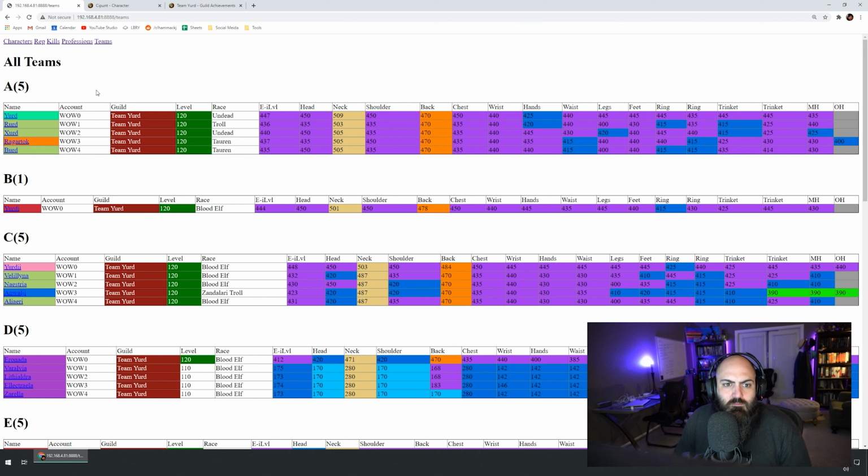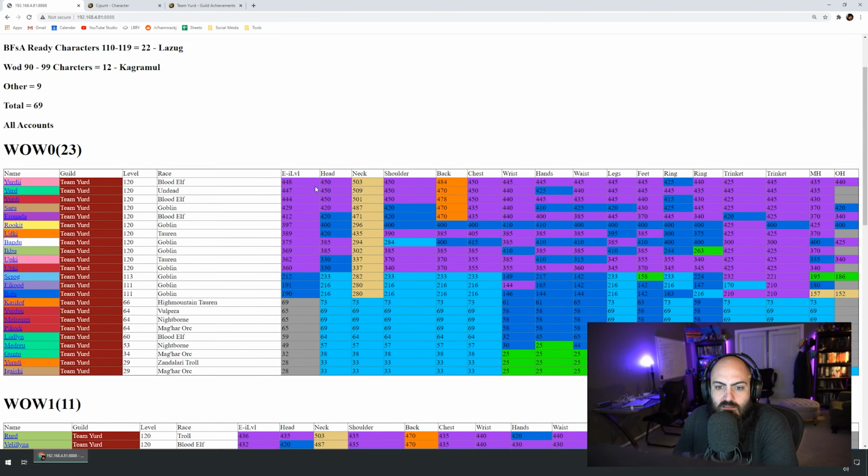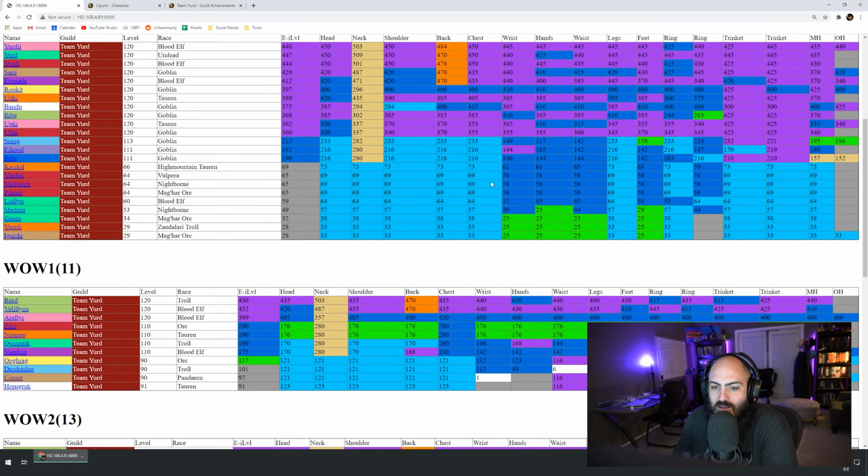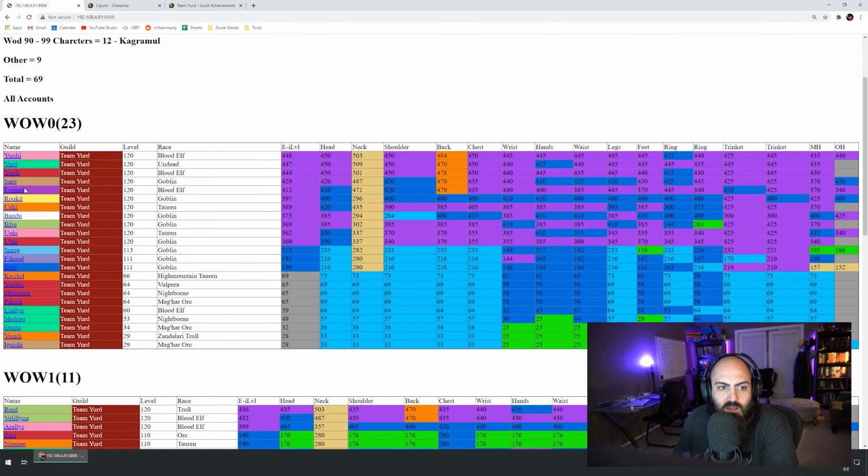I plan on building the exact same thing for EverQuest. Since I have direct access to the database that I play on, I can pull the data easier. And one of the issues I have with my multiboxing in EverQuest is I have, you know, 50 something characters and I have no idea what they're wearing at any given time. I'm going to try to figure out a way to do the same kind of listing with that, but have it so I can mouse over and then show a little pop-up that shows what they're actually